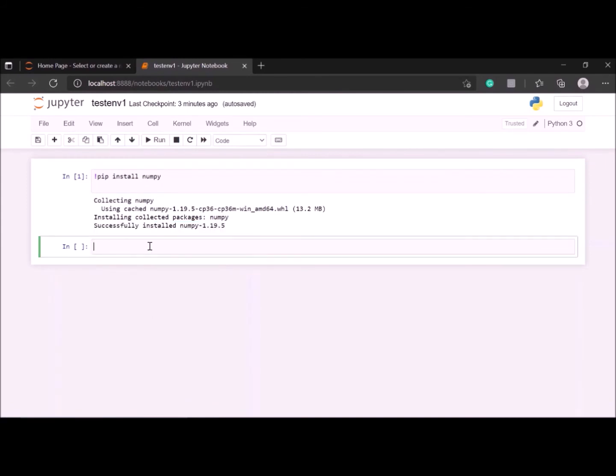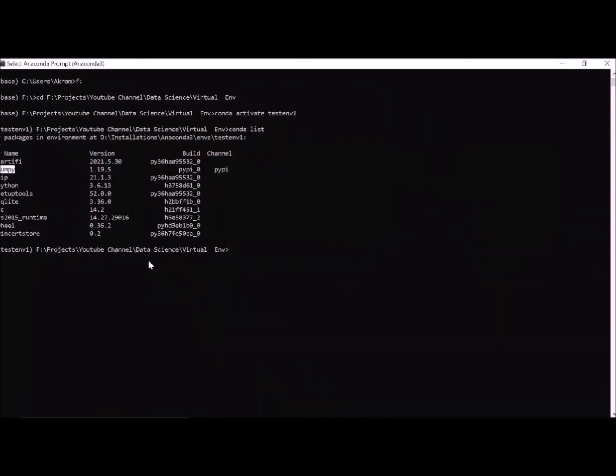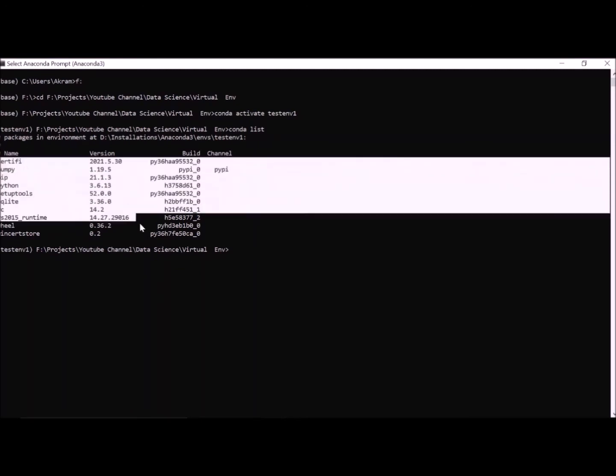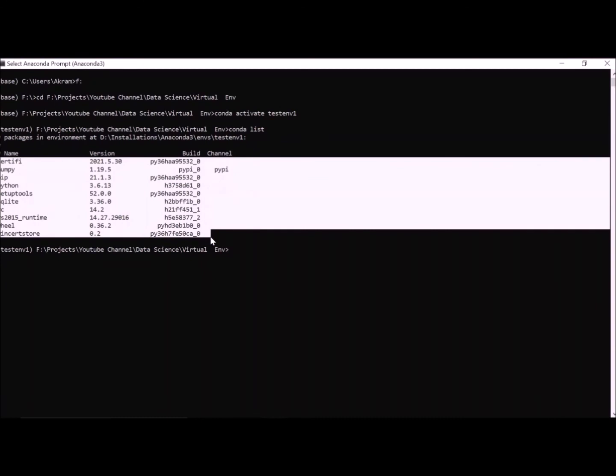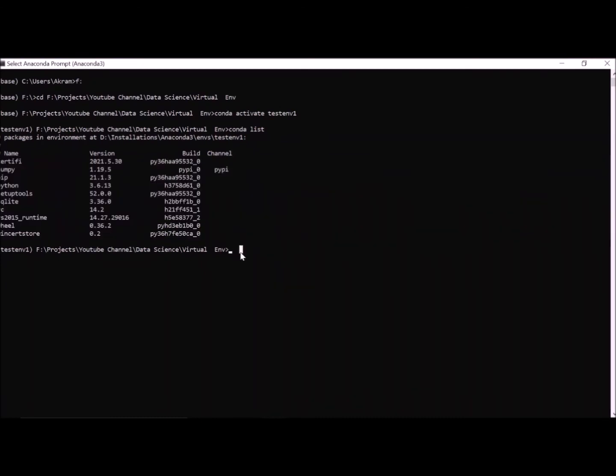Okay, so for this project, suppose I want to share it with somebody. Suppose I write some code here, and I want to share that code with someone else. So how will he know what dependencies I have installed? So see here, what we have to do. You can check these dependencies here, and all these dependencies you can save in a file.